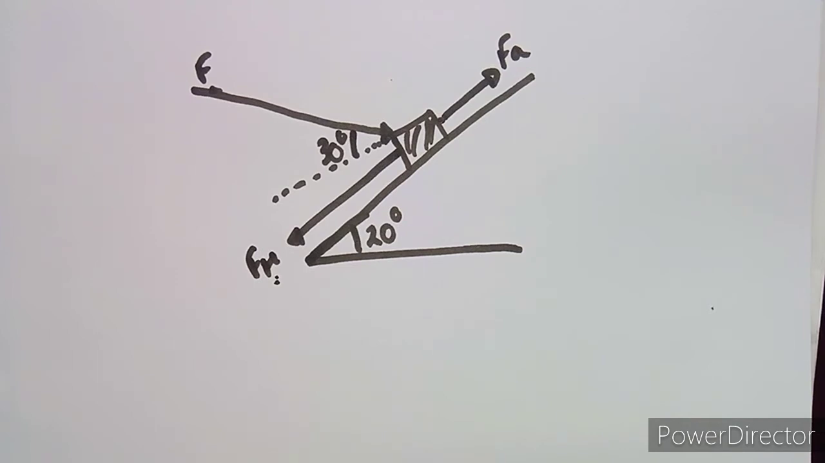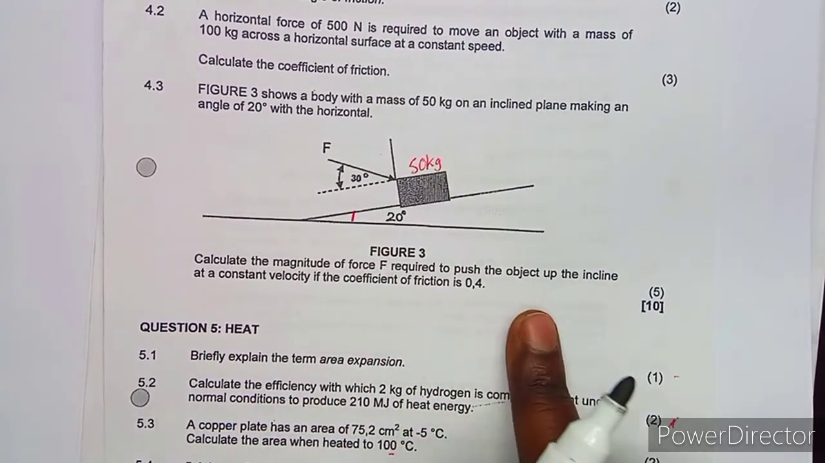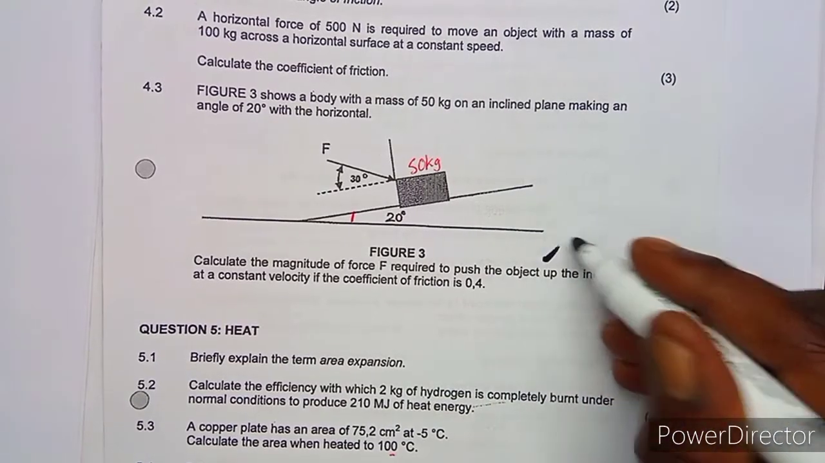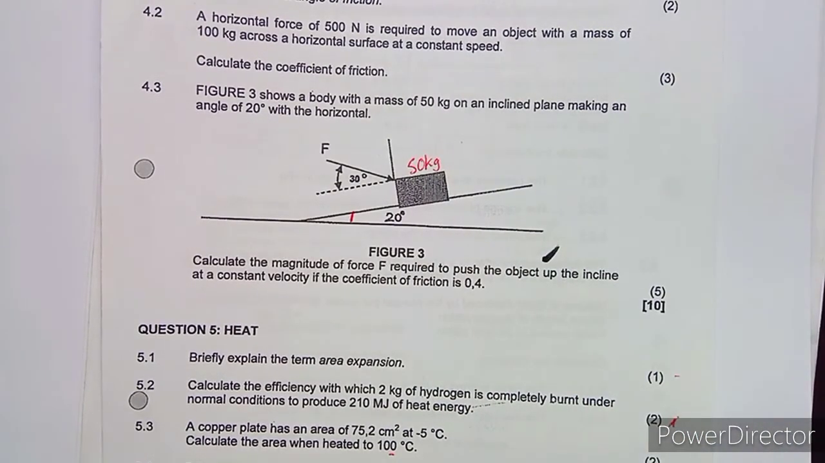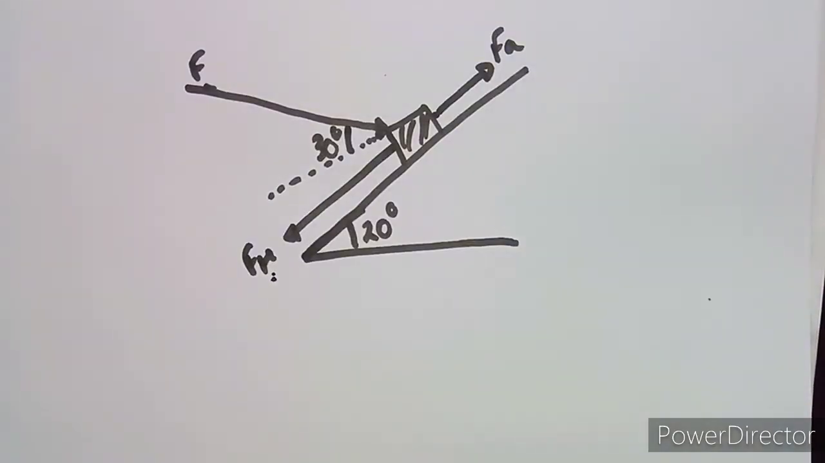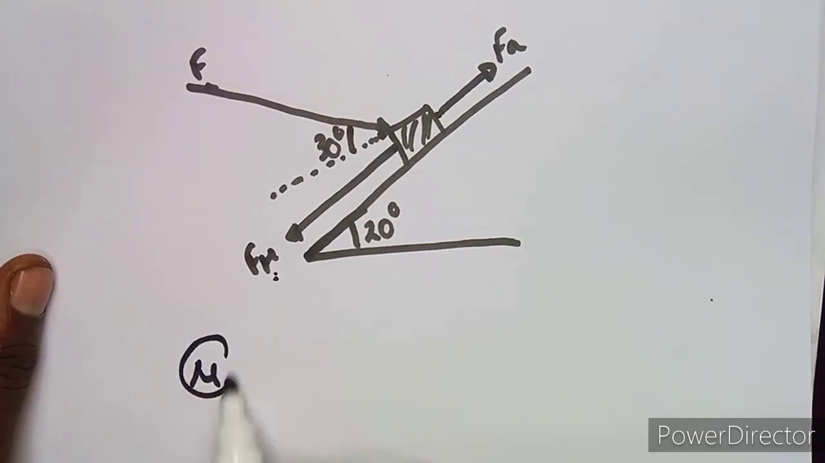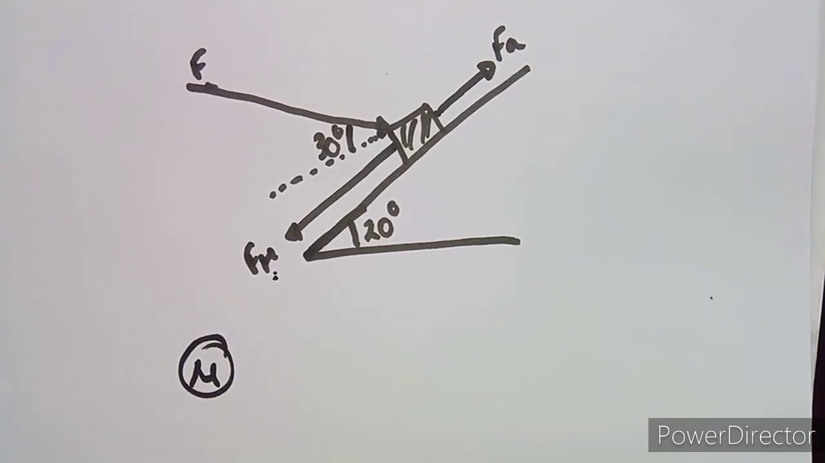All right, so remember guys what I told you, because here the question is to calculate the magnitude of F required to push the object up, going up the incline at a constant velocity if the coefficient of friction is 0.4. So we're given the coefficient of friction, which is not much important for now. We're going to talk about this because that is where we are going to obtain our answer. So we said,